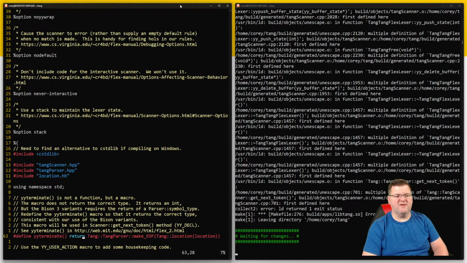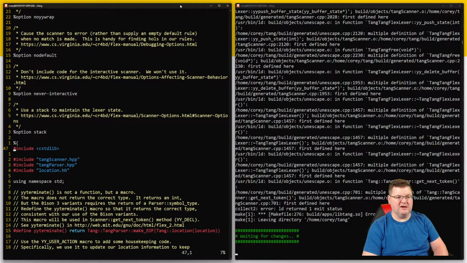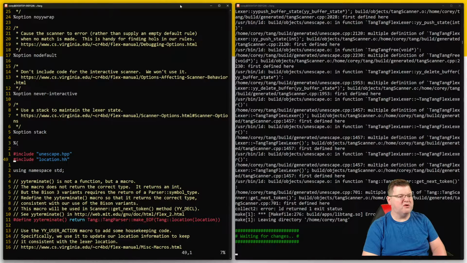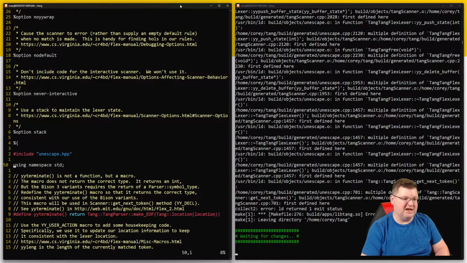Everything else should be fine. Don't think we need C standard lib any longer. And this will be, we need unescape.hpp. We don't need the parser. We don't need location anymore. We will be using namespace standard. For YY terminate,